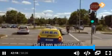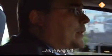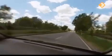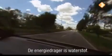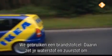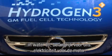This is a hydrogen-powered car with a fuel cell. You have a very impressive acceleration when you launch the vehicle. It's not tapping into the fossil fuel. It taps into hydrogen as an energy carrier, and we use a fuel cell, which is a technology where you convert the hydrogen and oxygen out of the air into water and, very important for us, into electricity to drive